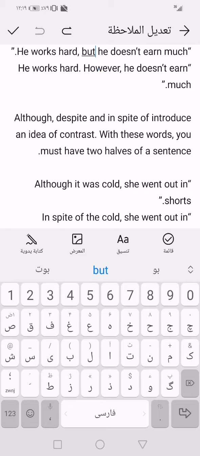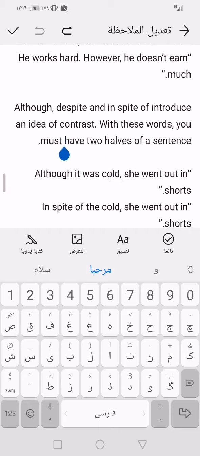Although, despite, and in spite of introduce an idea of contrast. These three words give us the meaning of contradiction. With these words you must have two halves of a sentence, so the sentence consists of two parts. Although it was cold — this is the first part of the sentence —